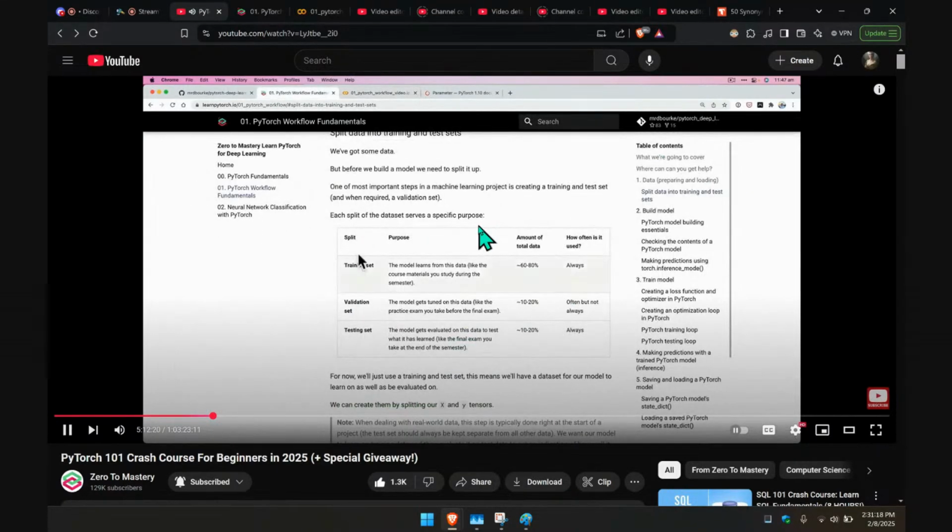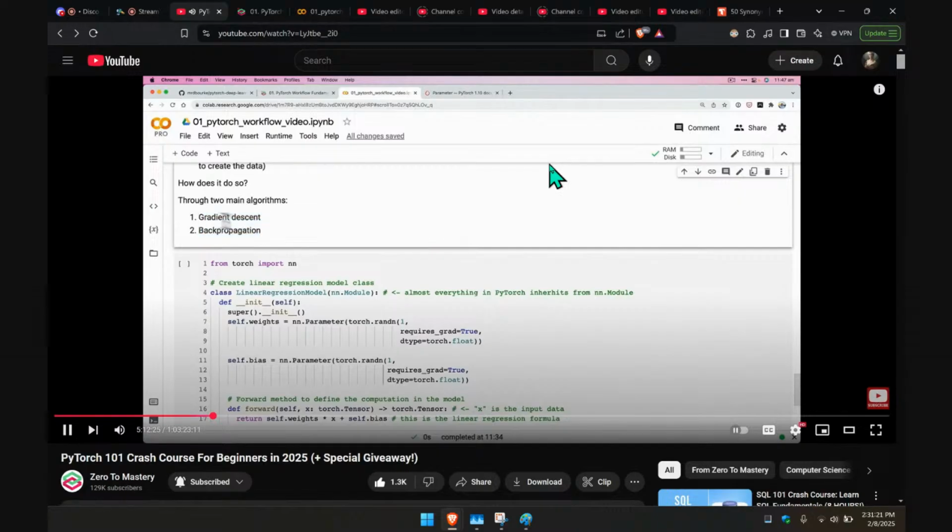There will also be plenty of resources in the PyTorch Workflow Fundamentals book chapter on how these algorithms work behind the scenes. We're going to be focused